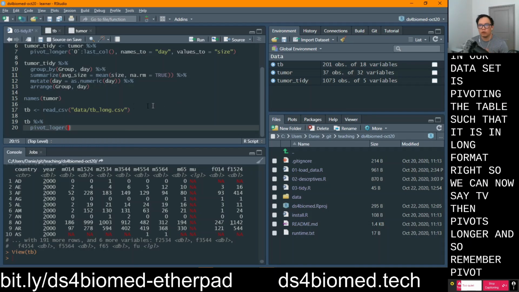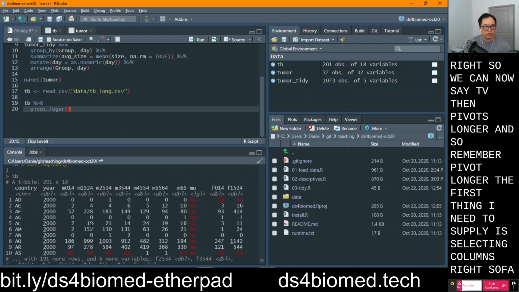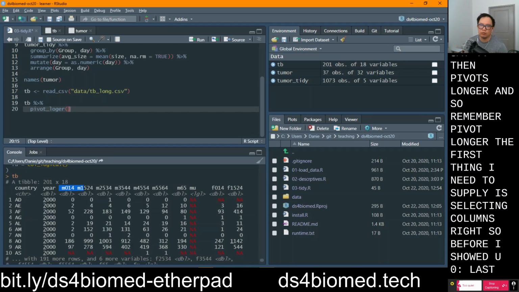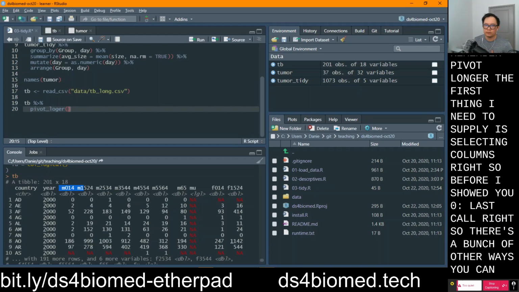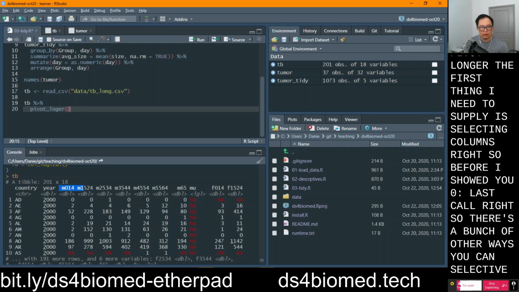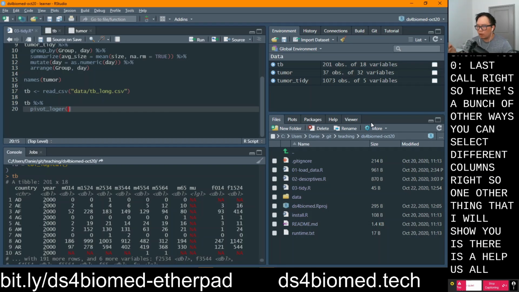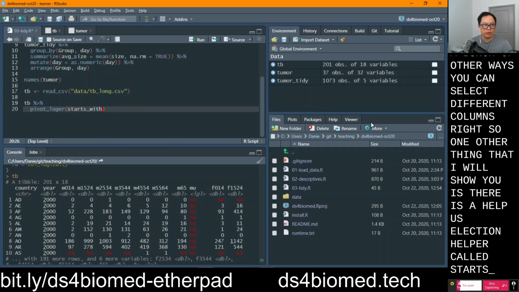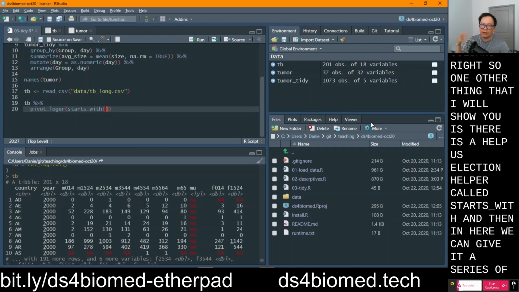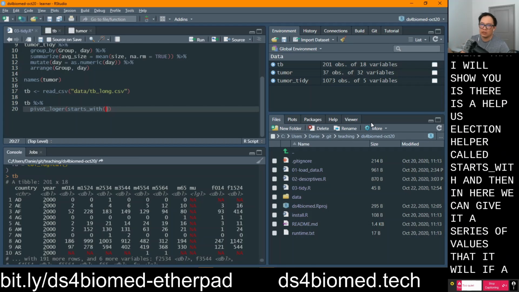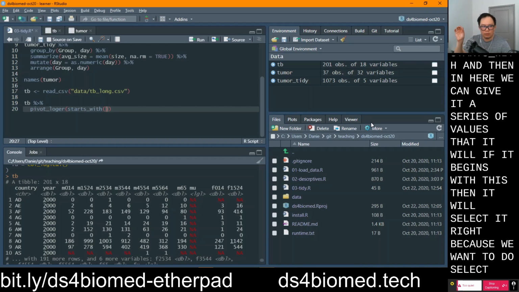And so remember, pivot longer, the first thing I need to supply is selecting columns, right? Before, I showed you 0 to last column. There's a bunch of other ways you can select different columns. One other thing I will show you is a selection helper called starts_with. In here, we can give it a series of values, and if a column begins with one of them, it will be selected, right? Because we want to select things that begin with